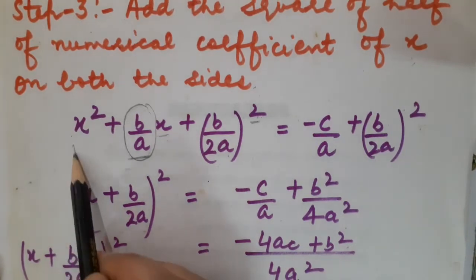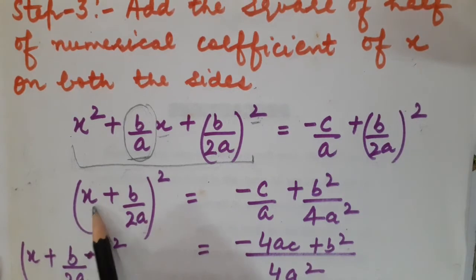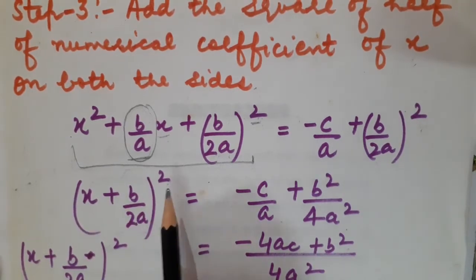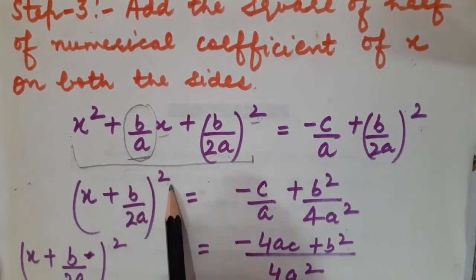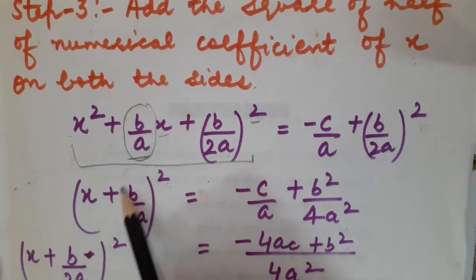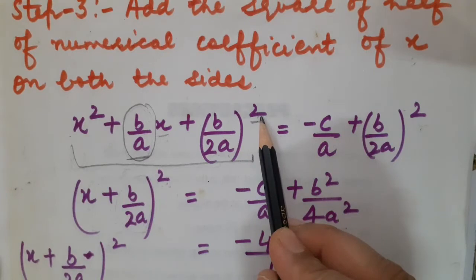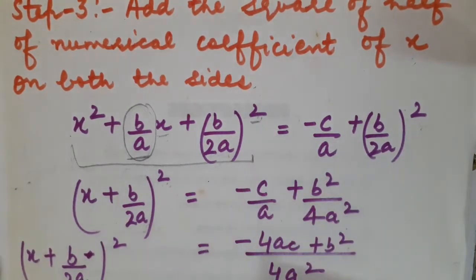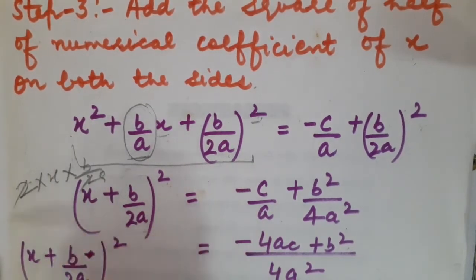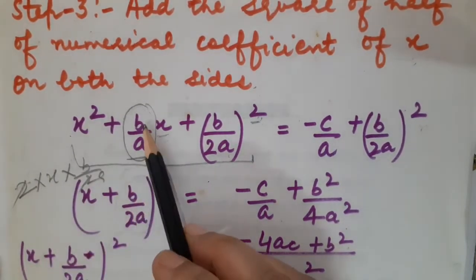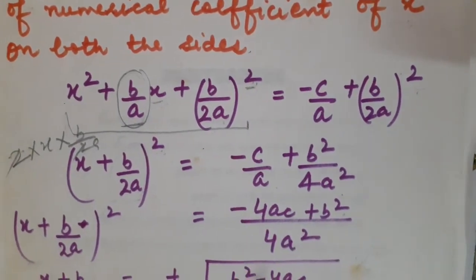So now just to see, children, this has become a complete perfect square. Look, this is the square of x plus b upon 2a whole square. Fine, just check it. It will become x square plus, this is a plus b whole square actually. This is x square plus, what is this at place of b? b upon 2a. b upon 2a whole square plus 2 into a into b. That is 2 into x into b upon 2a. So this 2 and 2 are going to be cancelled. So I have got b upon a into x. Correct?